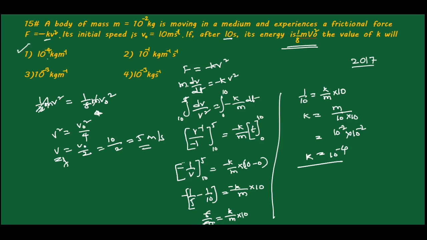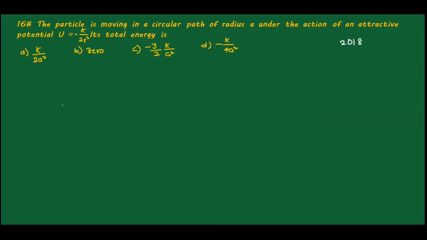Actually, if the units are changing here, first option, second option, third option, but the values are also changing. That's why we can confidently take the answer as 10 power minus 4. If all the magnitude values were the same but only the units were changing, then you would have to find out the unit for this k. Actually the unit for k you will get here as kg per meter. So that is the solution for this question. We'll continue with the next question also.